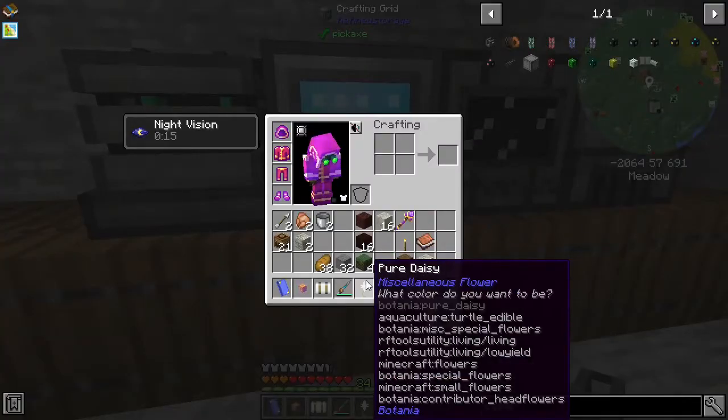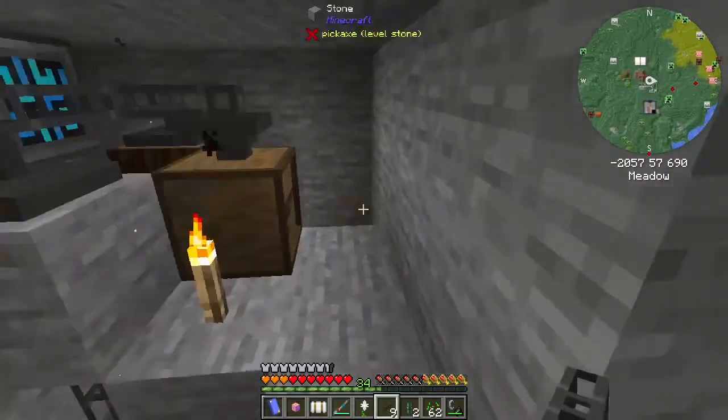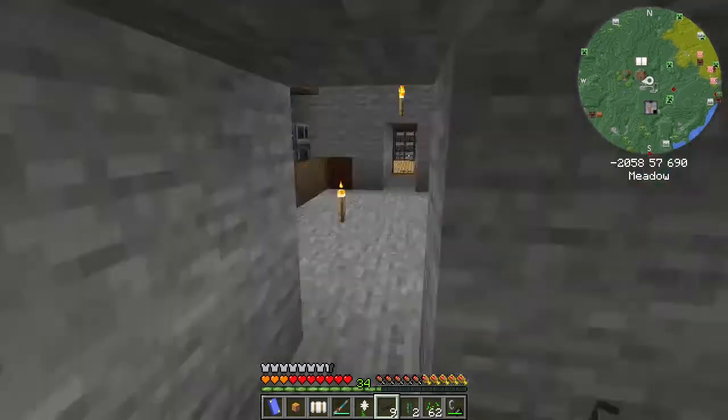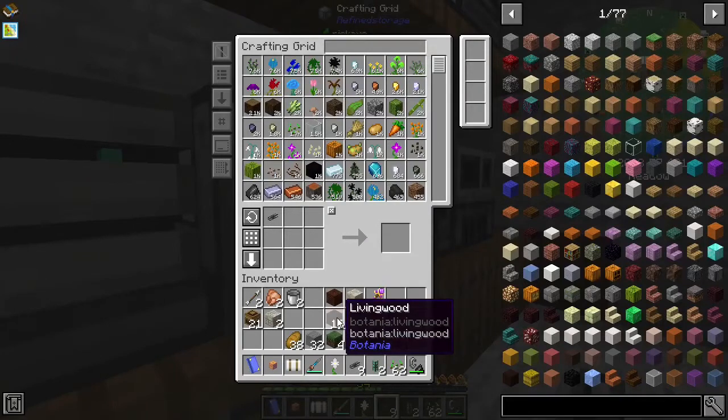We've got an extra refined pure daisy here. This is not going to be the be-all and end-all setup. This is just so we can get things started so that we have enough of the living rock to make a floor for our wizard tower. But while we're waiting on that, let's see if we can make our